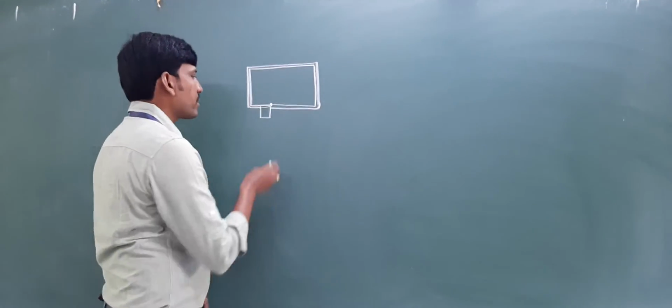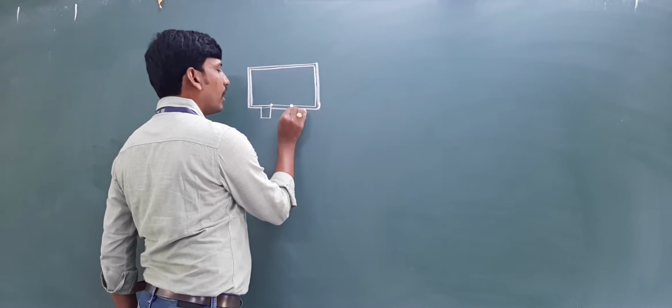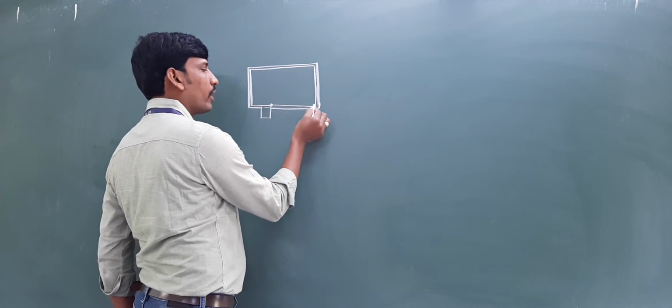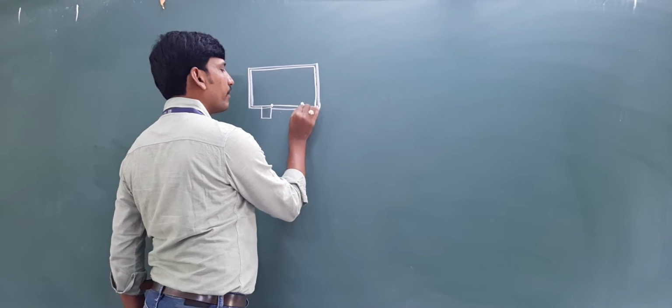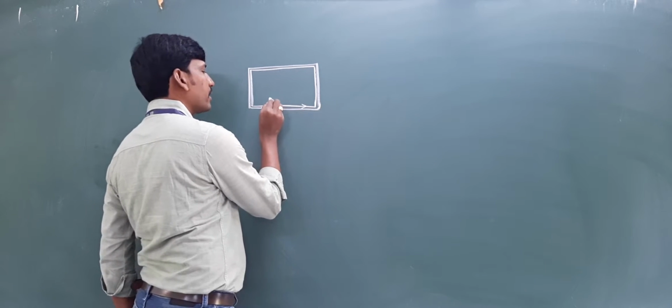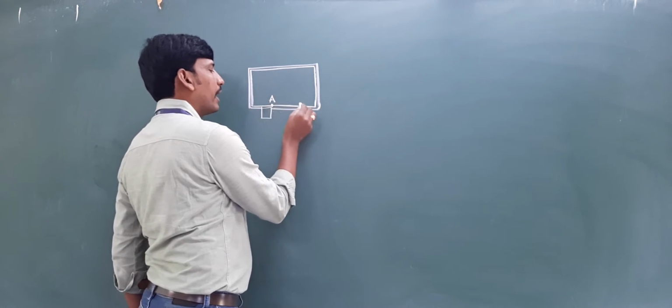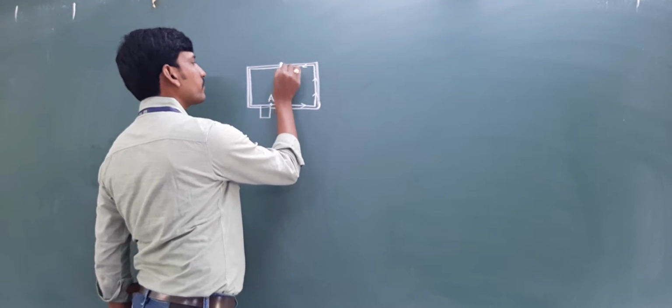So a person starts from here. He is moving along the compound wall, walking like this. See my arrow mark. This is the starting point, let us take the capital A. He started from here and is moving in this direction. I am keeping the direction symbols. So he completed one round. Finally, he reached the point A again.